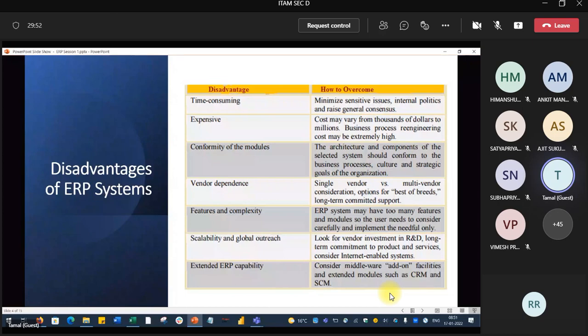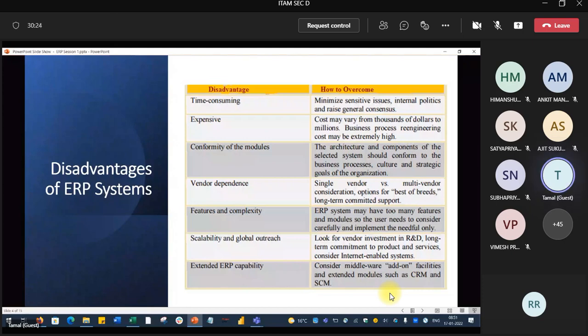Because if they implement any ERP, be it Oracle or SAP, it does not matter, their dependency on the vendor will be there. Their business processes will be dependent on it. So if there is some issue, or some customization is required on the business processes after some time, you are not supposed to do that, and you will not be doing that. You have to call the ERP vendor for doing that.